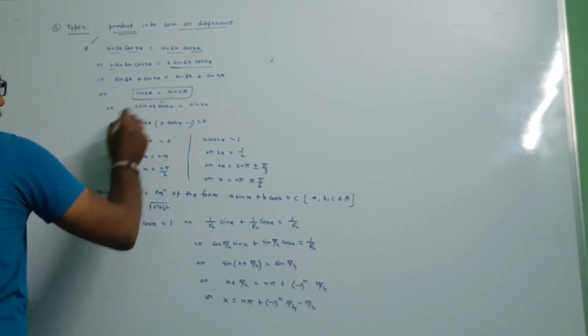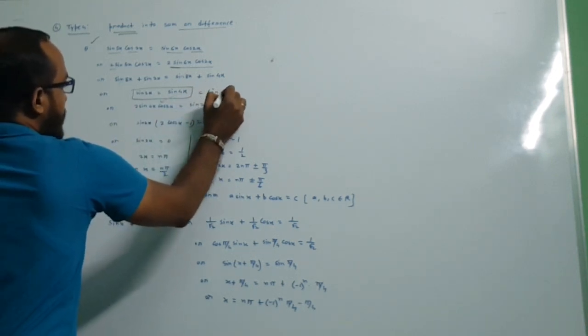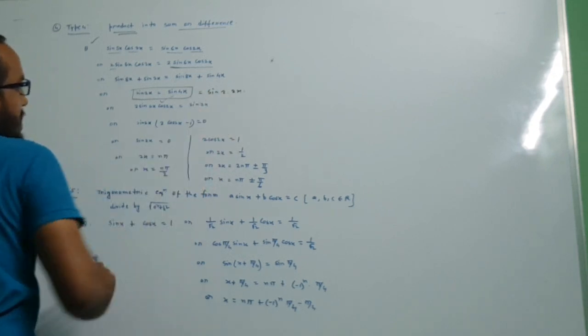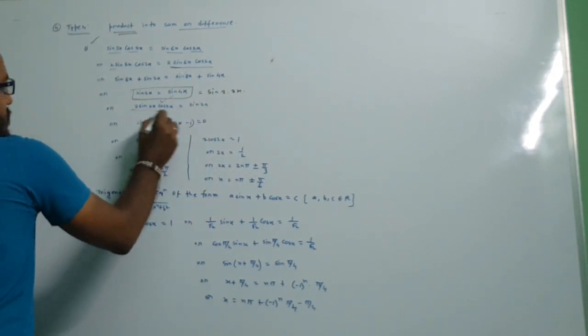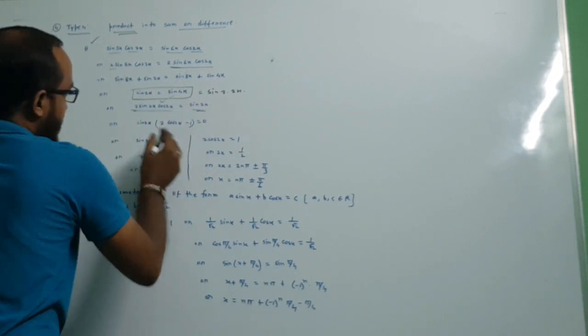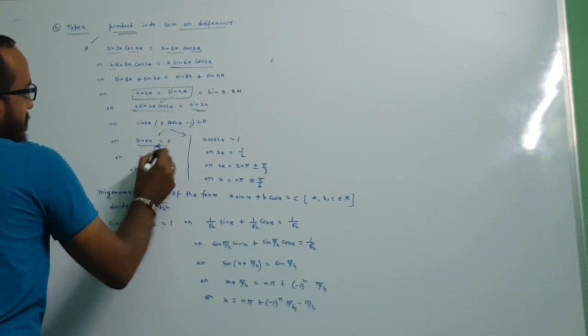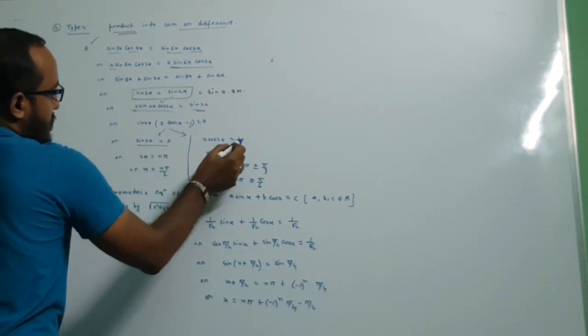See, sin 4x is sin 2 theta. We can write it as sin of 2 into 2x. So sin 2 theta is 2 sin theta cos theta. So 2 sin 2x cos 2x equals sin 2x. Keep the terms on one side, take sin 2x common. So two solutions: one is sin 2x equals 0, or 2 cos 2x minus 1 equals 0,